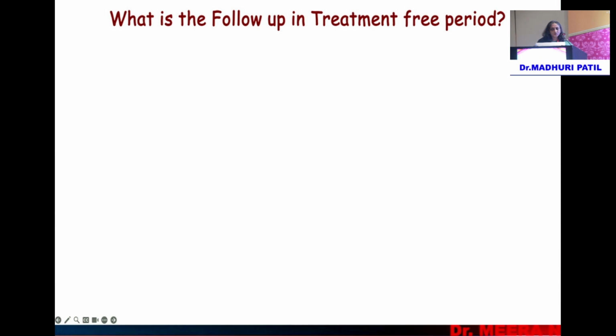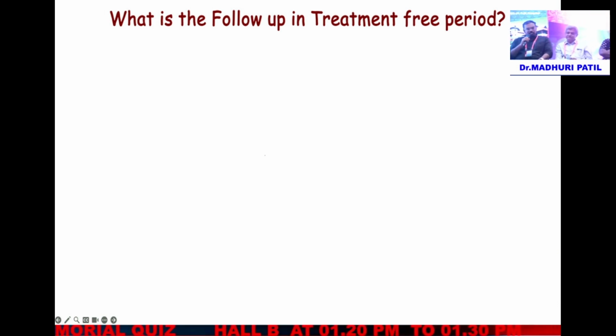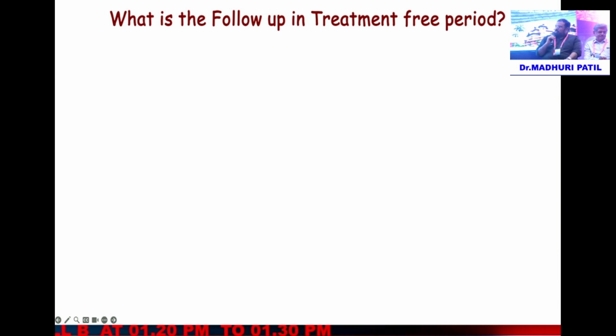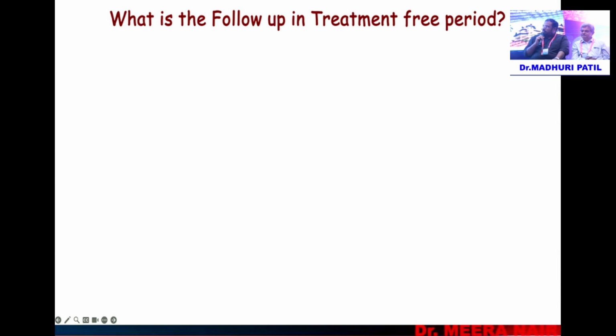So what is the follow-up, what do you do in the treatment-free period? Because now we've stopped the tyrosine kinase inhibitors and she's trying to conceive. For this patient, I think she was in remission for around 3 years. That is when we had stopped the tyrosine kinase inhibitors. Ideally for TFR, we would prefer at least 4 to 5 years of deep molecular remission. If the patient has achieved deep molecular remission for 4 to 5 years, then we can definitely go for TFR so that she can plan a pregnancy accordingly.